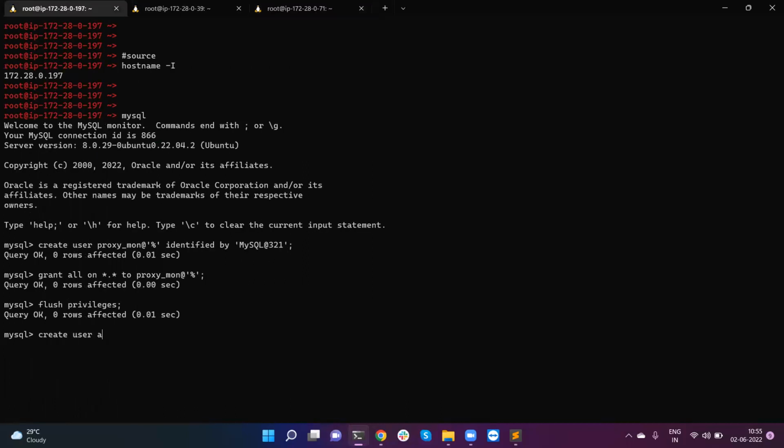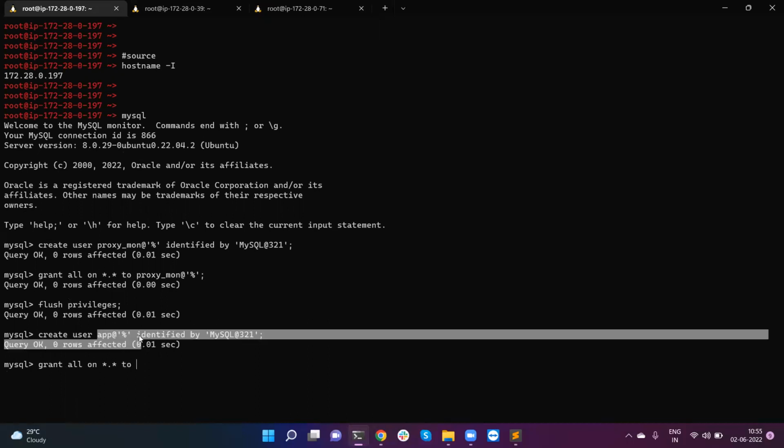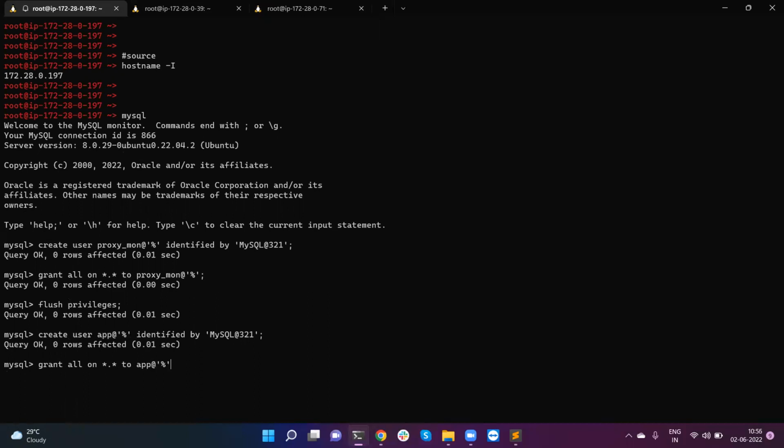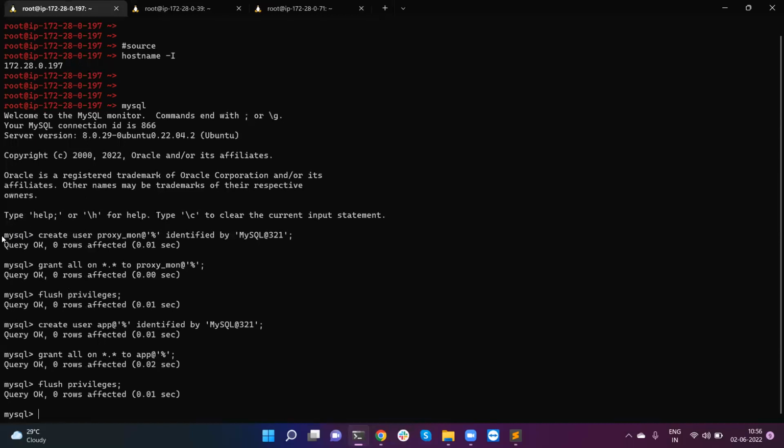Create user app at open host identified by MySQL at 321. Grant all on to... flush privileges. See, actually here for this Proxy SQL monitor host, I provided the grant all on all the